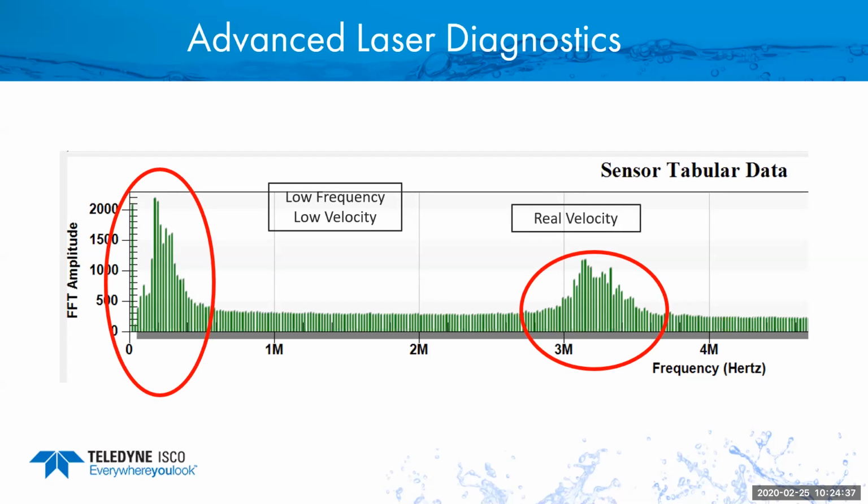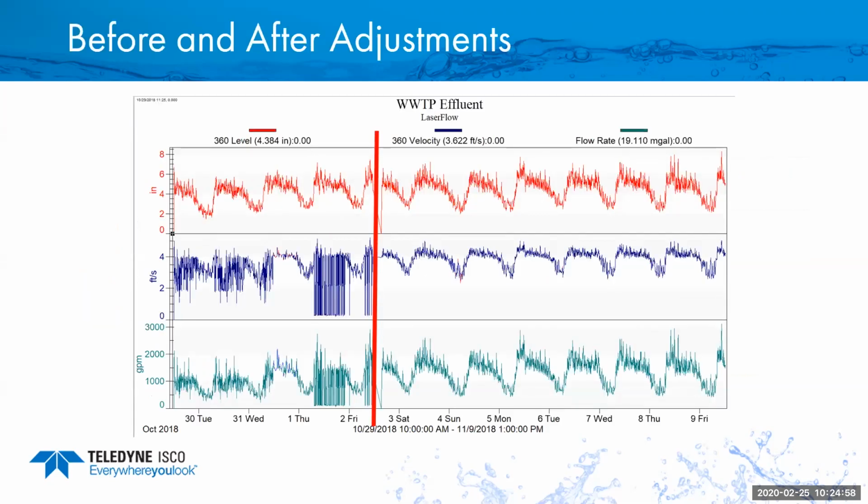velocity. So what I was able to do was make some adjustments to the meter and say, ignore everything left of X. So I can kind of tweak and fine tune the laser to ignore that stuff on the left. Not that you ever have to do that, but this is one of those extreme applications where they couldn't get anything else to work. The red line is where I made those changes, and you'll notice to the right, everything now looks really, really good. This saved the customer a lot of money because they were going to have to do a lot of redesign, construction, and so on. So making some small changes based on what the laser's telling you is a really, really